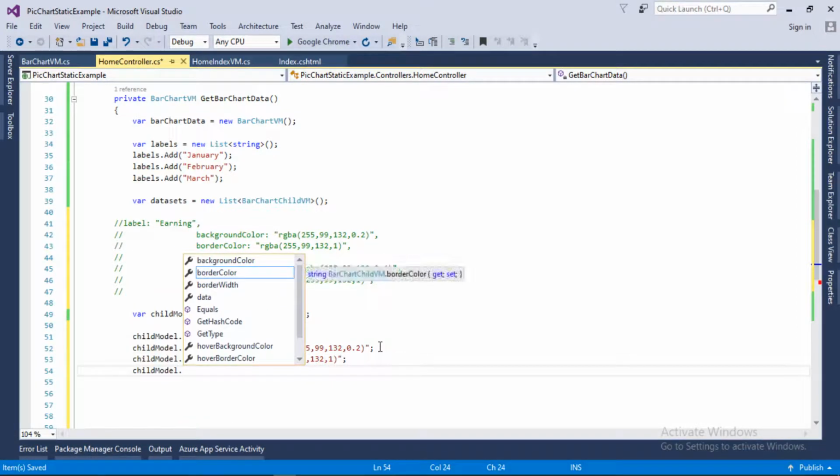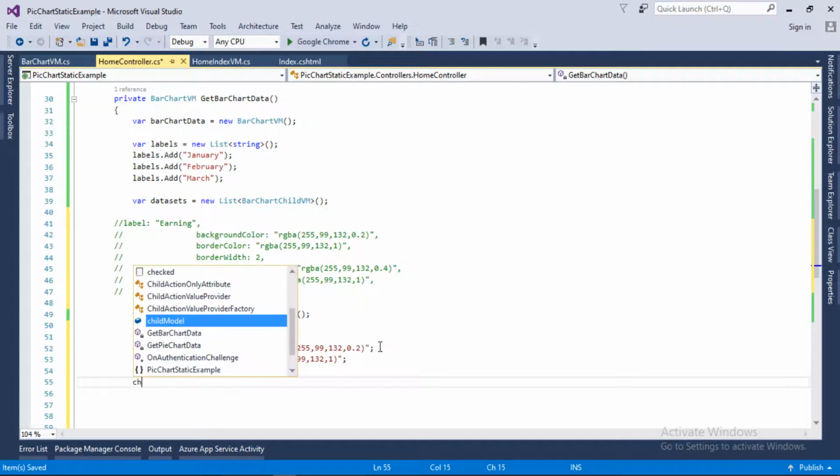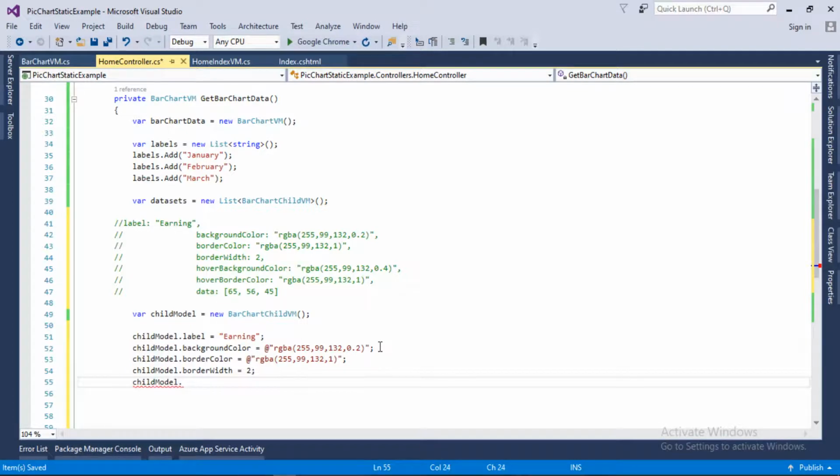The child model dot border width equal to 2, and child model dot hover background color equal to this as well. And let's add another property, child model dot hover border color equal to this.